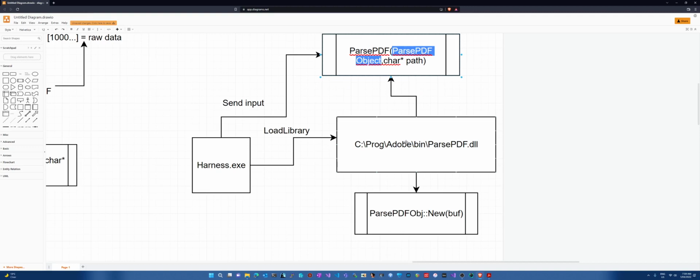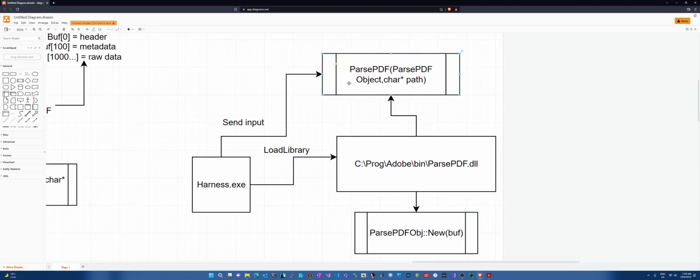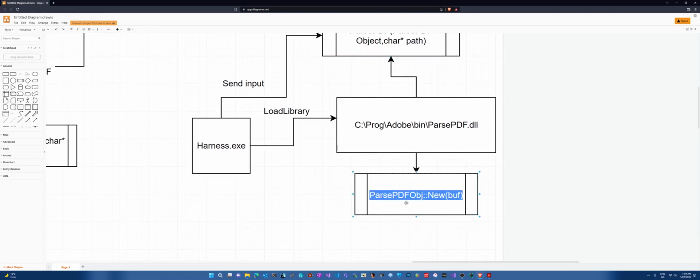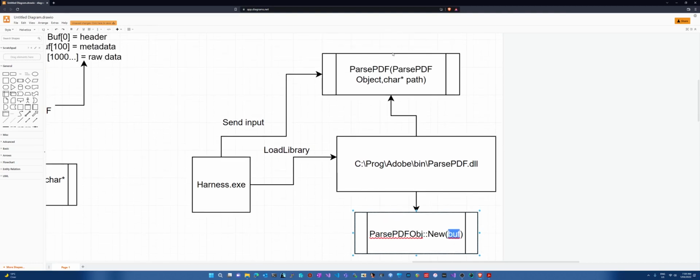Maybe that object is created by calling the parse PDF object new constructor, passing it a buffer of a large enough size to hold the allocated object. Which means before we call parse PDF, we need to call this parse PDF object constructor with a buffer to get as a return value the parse PDF object that we can then pass to this parse PDF function,